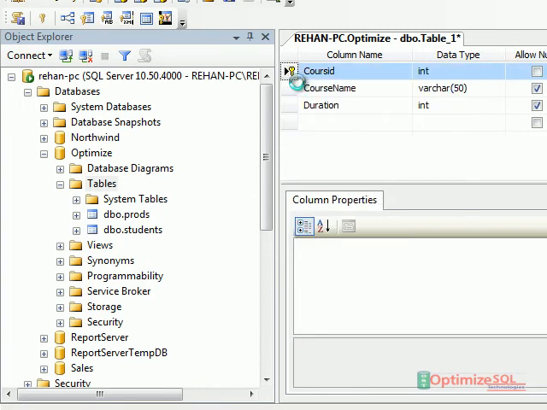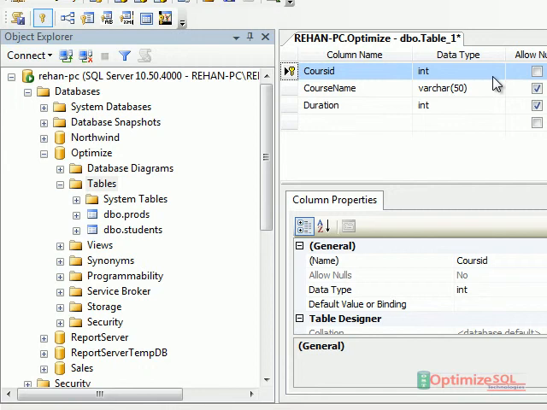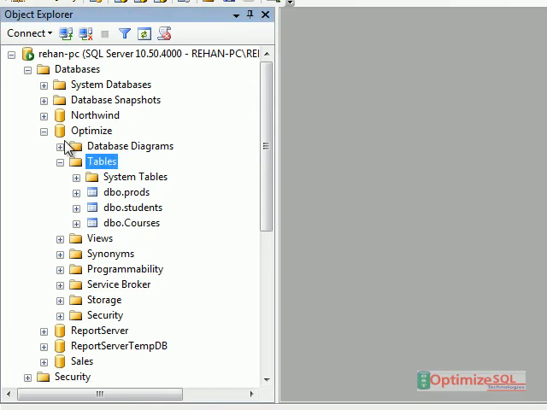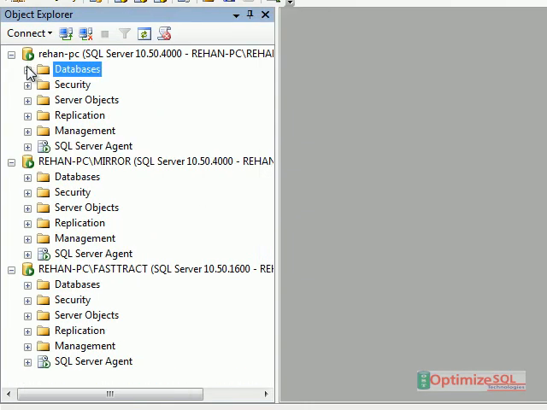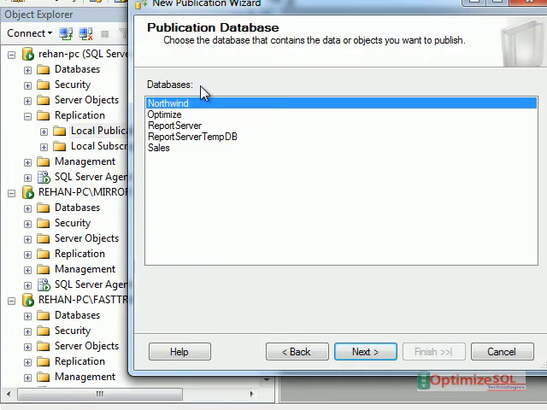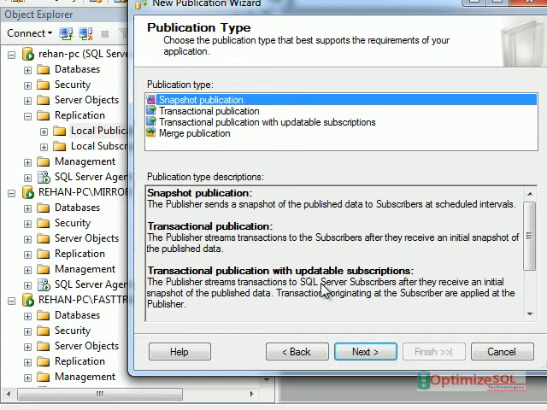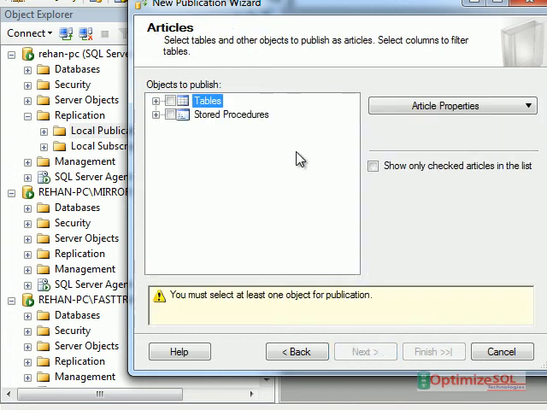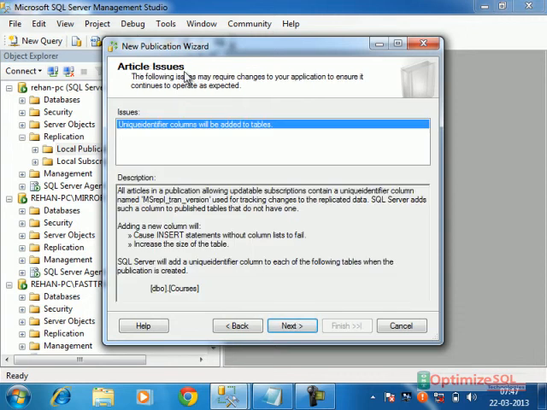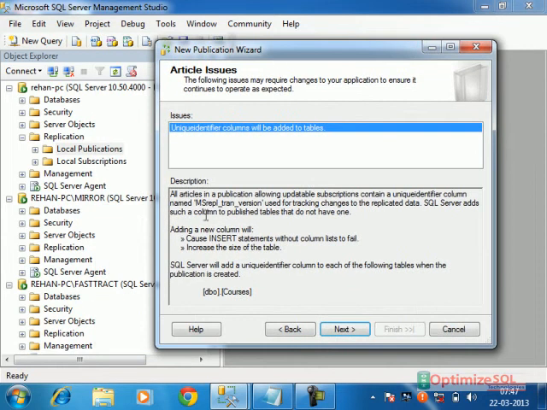Here also the same thing, a primary key is required. For any transactional publication, a primary key is compulsory. Next, select here. Next, now see, one new column is added here, MSREPL TRAN version.